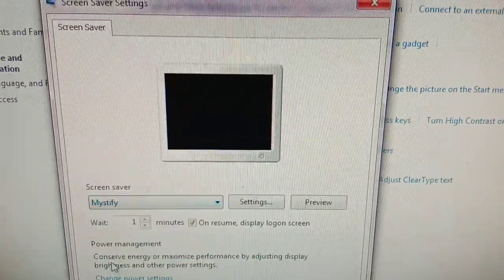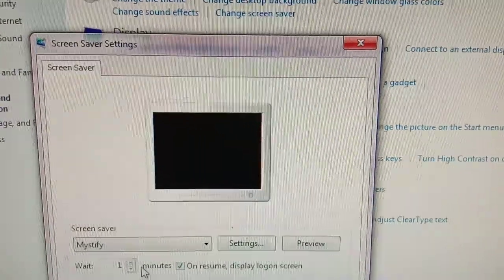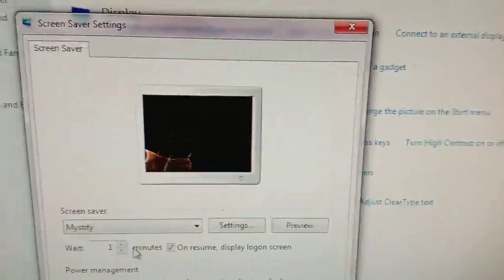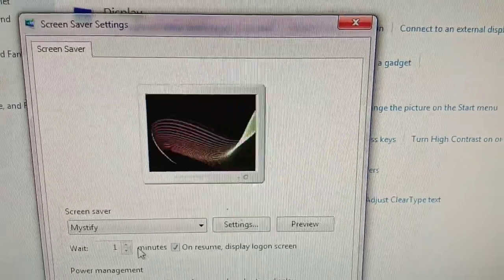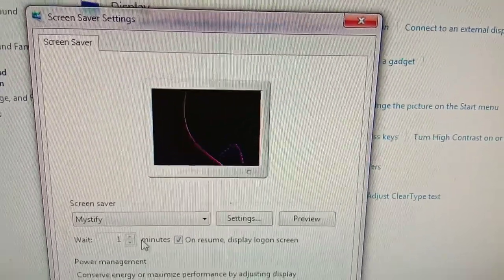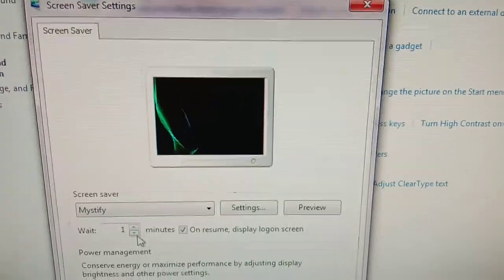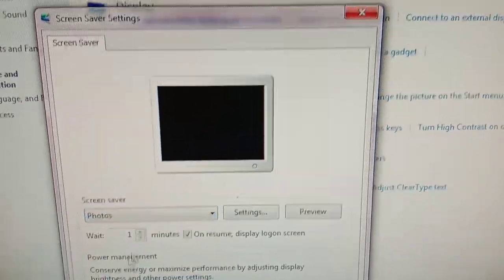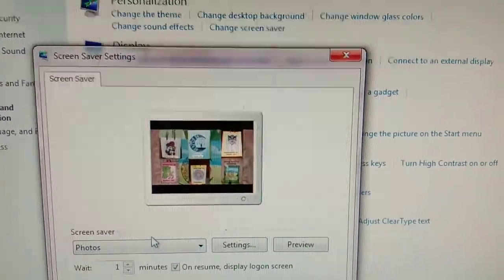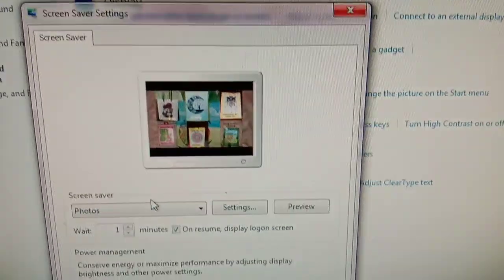Another is Mystify. Mystify is like, let's see, this will be like this. Okay, this type of screen saver will come. This name is Mystify. Next is photos. It will show you whatever photos are in your library.